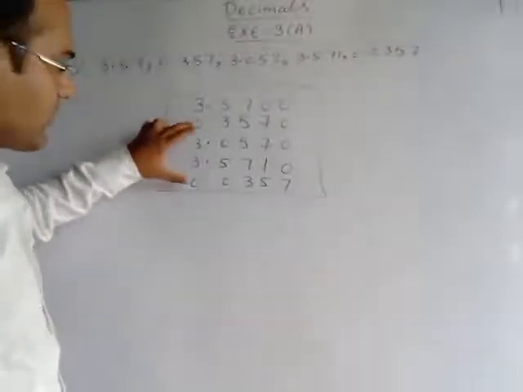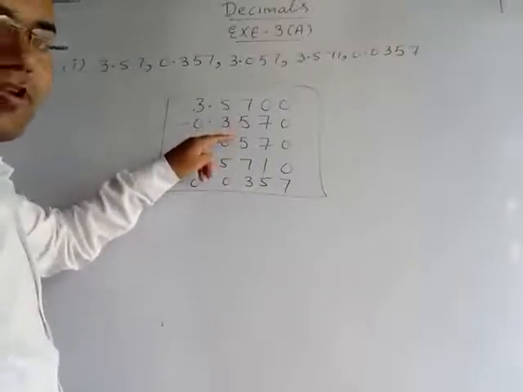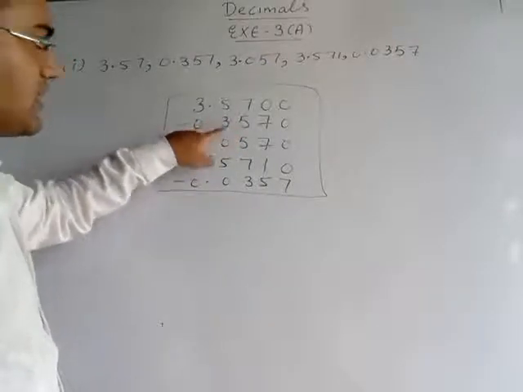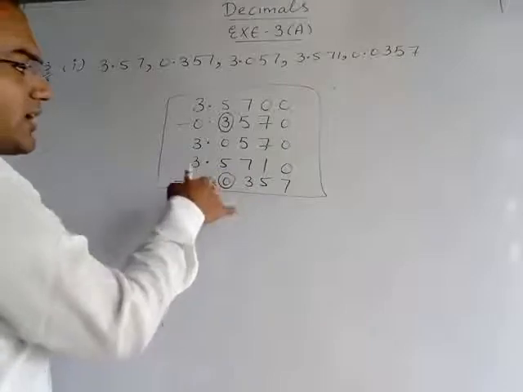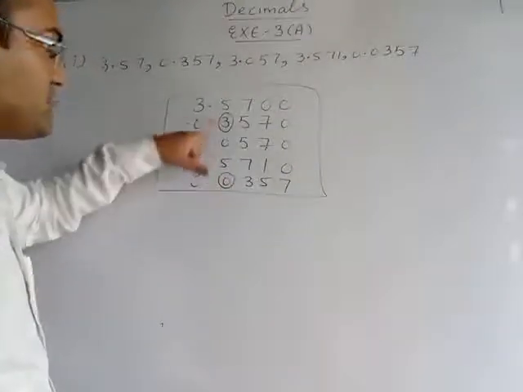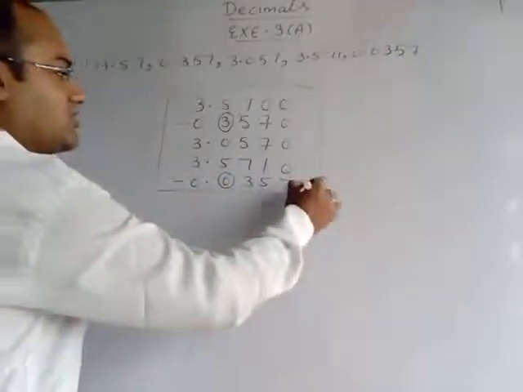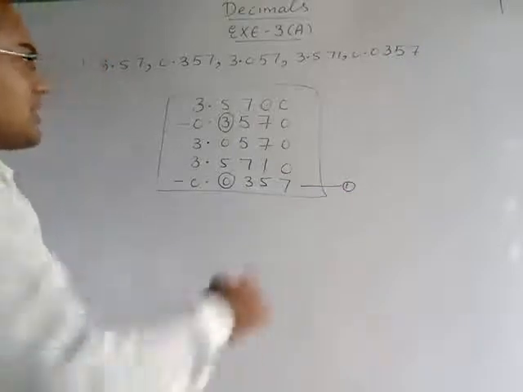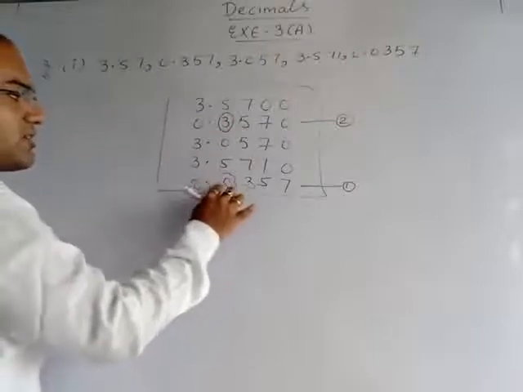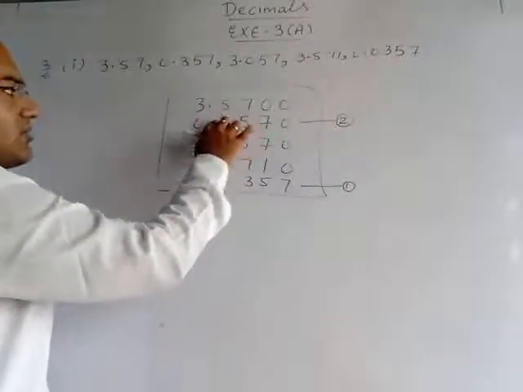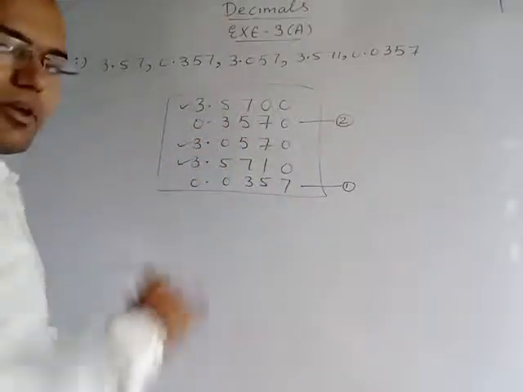So what we will do? Among these two we will move to the next place, on the right side of the decimal. After the decimal, in this number it is 3. In this number after the decimal it is 0. So among them which is the smallest number? 0 is the smaller number. That means in ascending order this number we have to write at first place. Then after that we have to write this number at second place. Now the role of these two numbers is over. Now we will not take these two numbers. Now these three numbers are remaining.